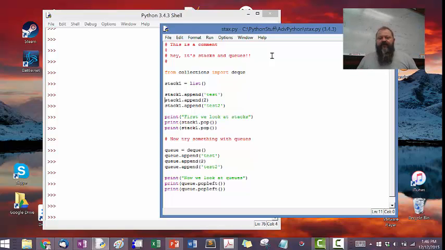A queue, on the other hand, is just what you think it would be. It's like a queue in the grocery store. When you go in, you take your place in line, and then slowly but surely the line moves and you come out the other end. Now,